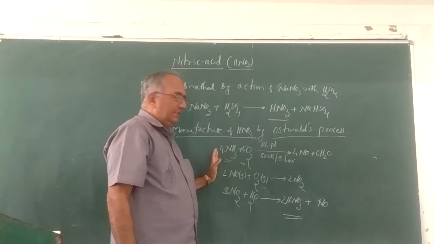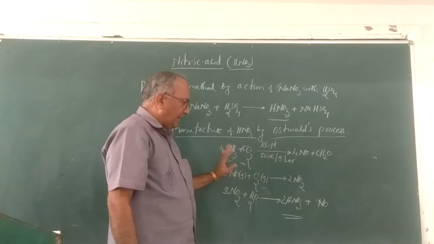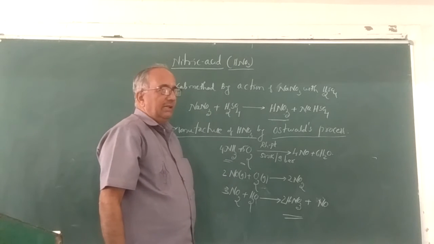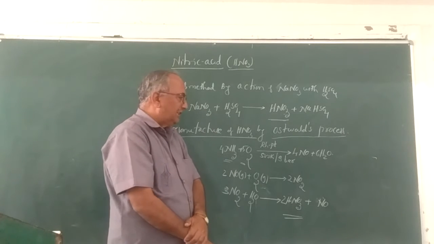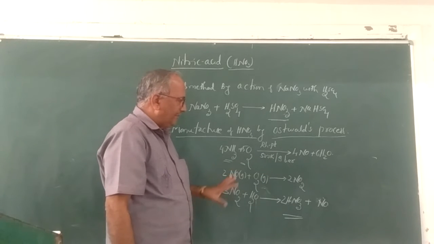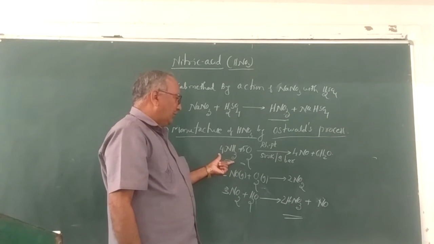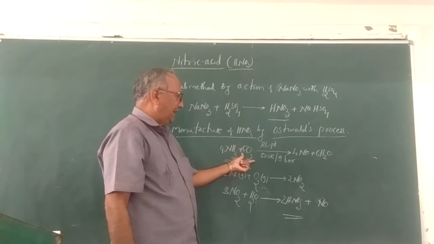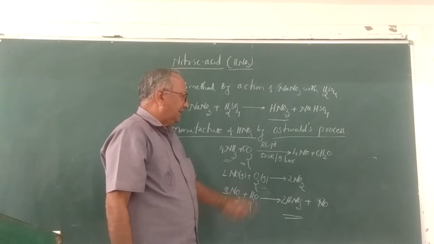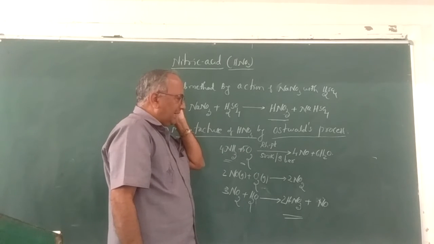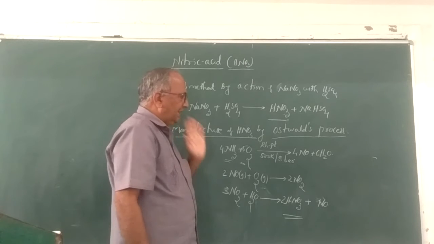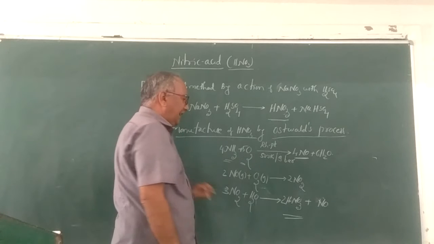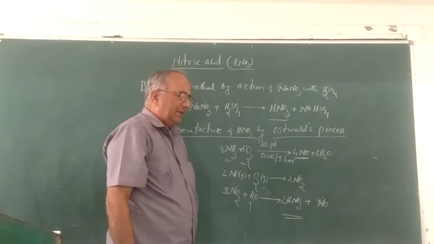So remember, dear student, these are the 3 steps. When you write these steps you will get 3 marks. Usually this question, or the manufacture of ammonia by Haber's process, may be asked. The simple thing is that pure and dry ammonia is oxidized by pure and dry oxygen, heated in the presence of platinum rhodium catalyst at 500 Kelvin under 9 bar pressure to form nitric oxide. This nitric oxide reacts with oxygen to form nitrogen dioxide.